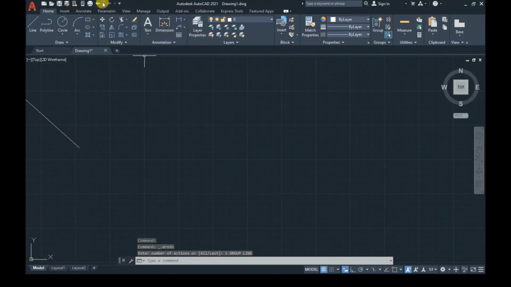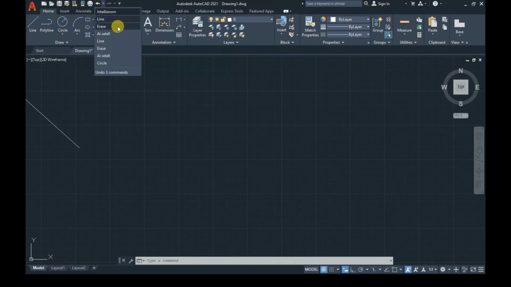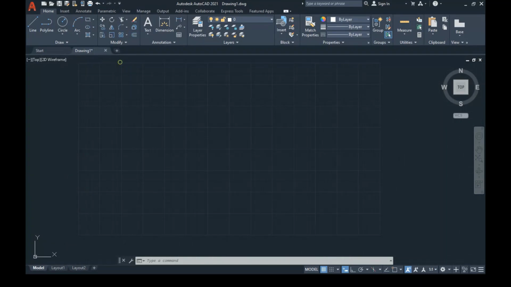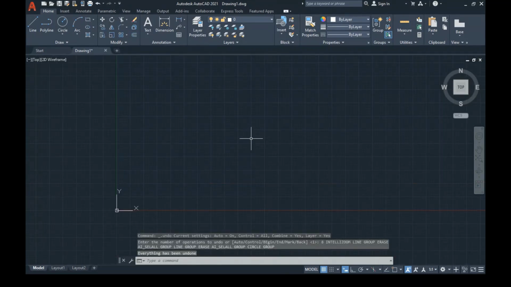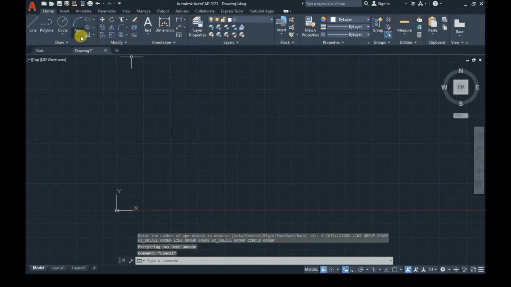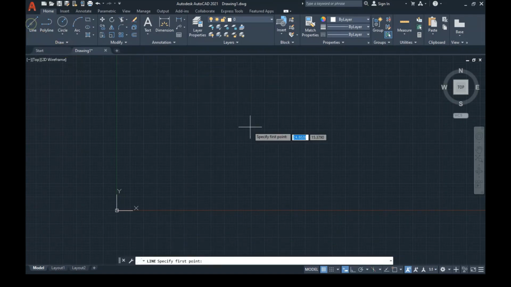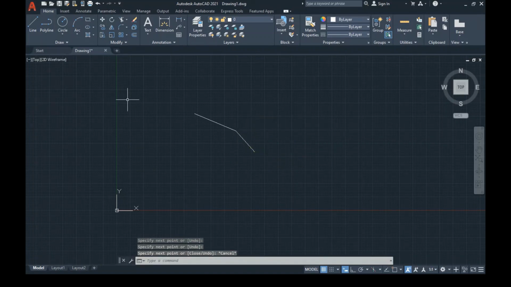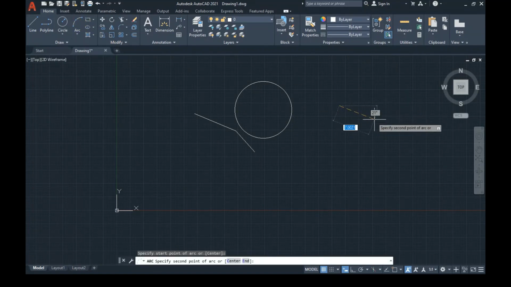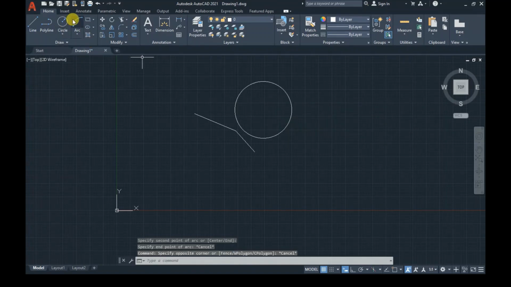sorry, I made a mistake. Just a minute. What I want to share is, say I made a line, then I made a circle, and now I made an arc.